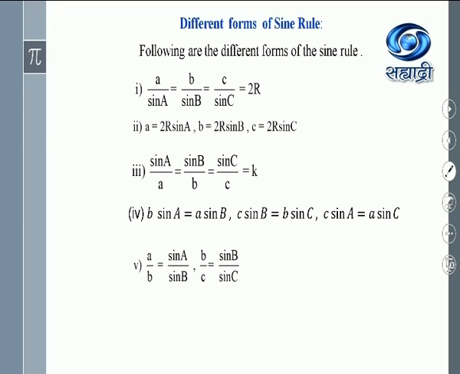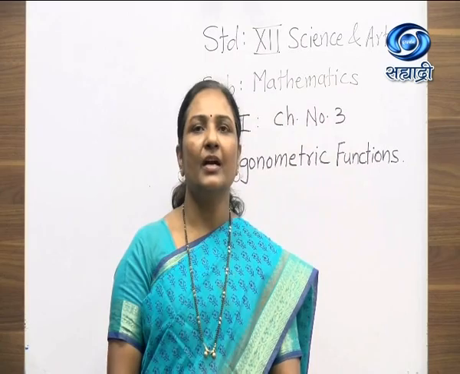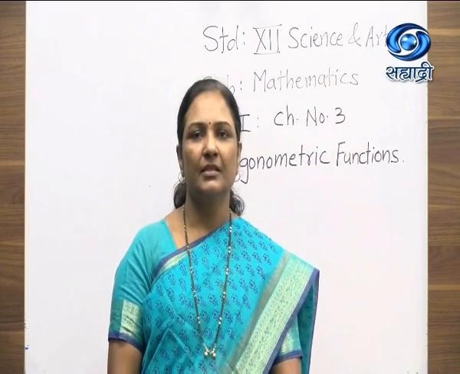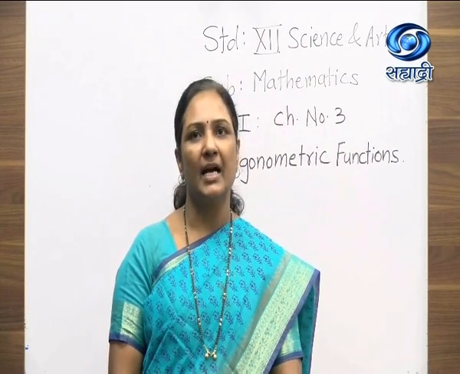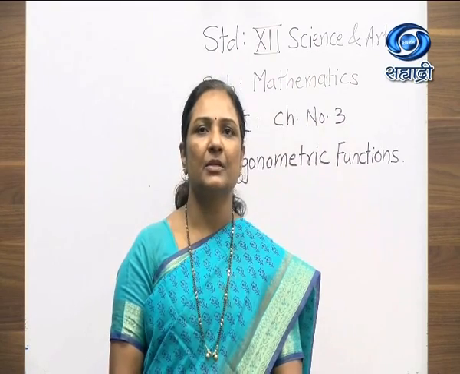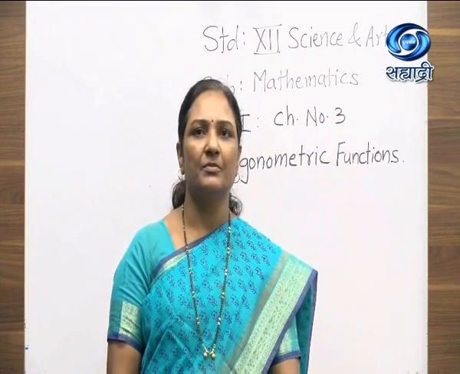See, without changing the meaning of this rule, you can use any of the forms according to the given sum. So these five forms are very important that we have to keep in mind, and the proof of the sine rule is also important. We have problems on this in the exercise, so for that purpose we need to remember all these forms. Clear? I hope you have understood the proof of the sine rule. We have to memorize the proof because it may be asked as a theory question in the board exam. So remember the sine rule with the different forms. Thank you.